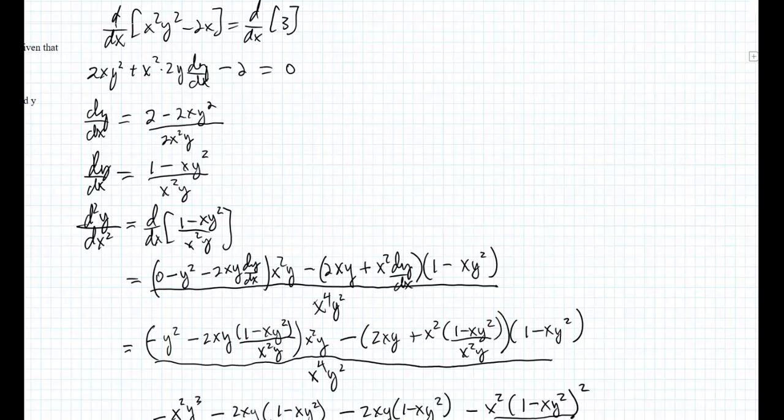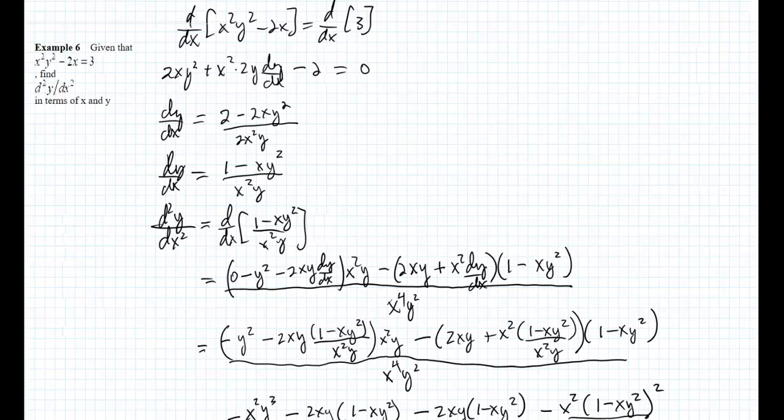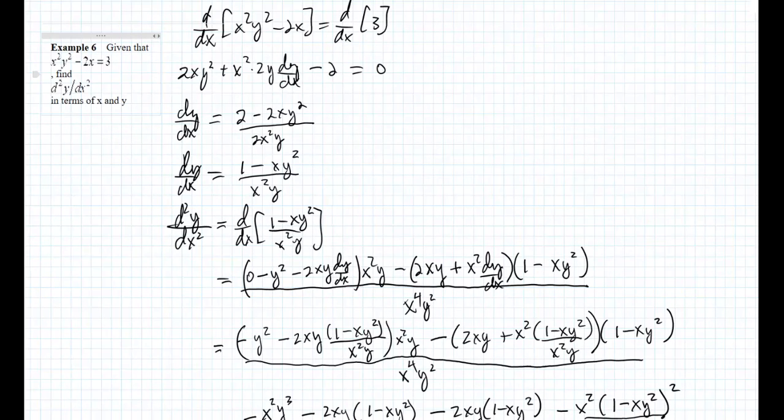Okay, here we are. We're gonna do one more of these. And this one, let's see. This one. Okay, so here's our original problem here. Let's see if we see that. Okay, there it is. Here's our equation, and we're going to differentiate implicitly to find the second derivative of y